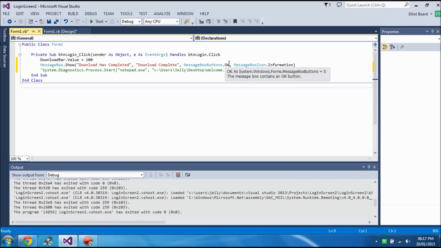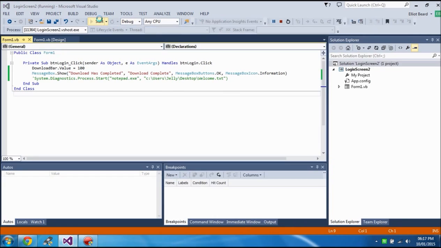So it'll say download complete, and it'll have a little message box which will allow you to say OK. There'll also be a picture of the information icon, which I'm not sure I can display on screen depending on my editing software. But you'll see anyway. So when you start the program with these two lines of code,